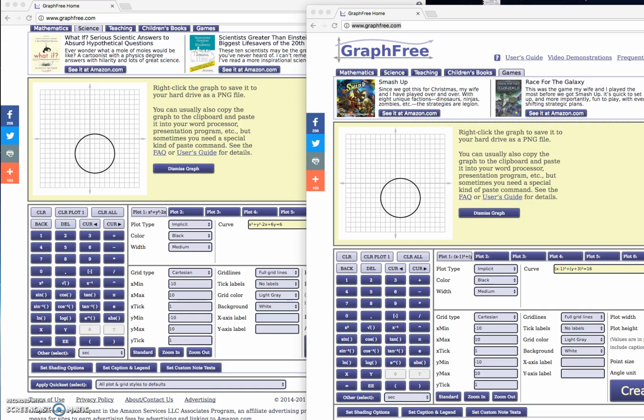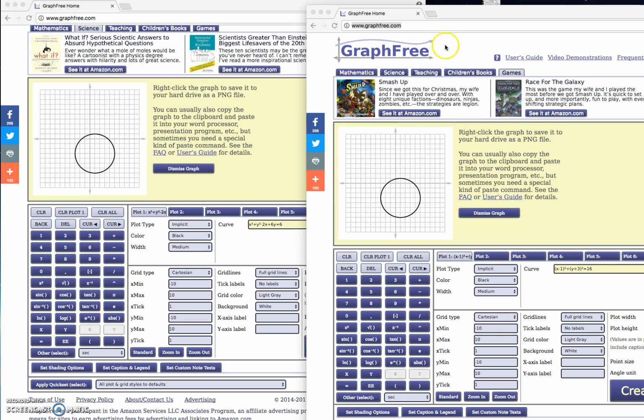Hi everyone. So we're looking at part 2 now of this sequence of videos for circles, which are forms of conic sections. What we're going to do in this video is look at the difference between general and standard form of a circle. So let's take a look at what I've got here using my graph-free software,